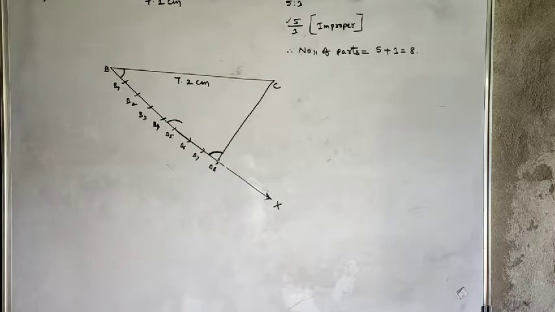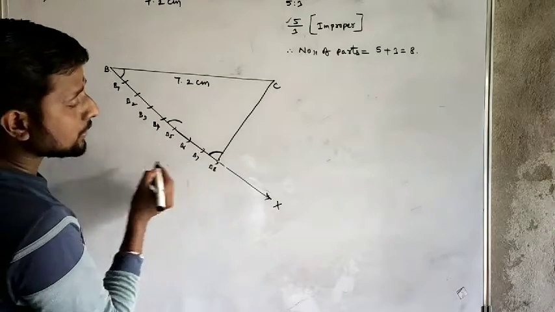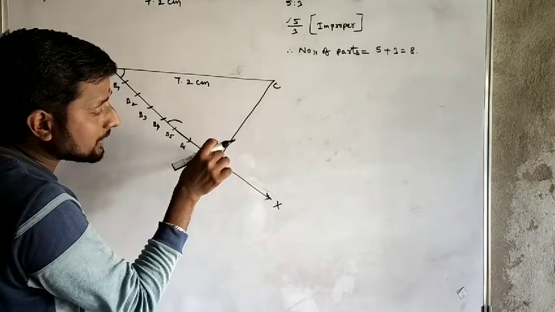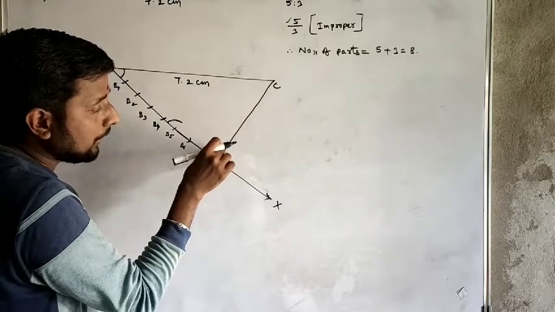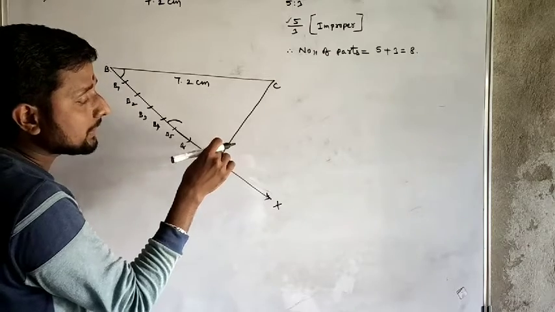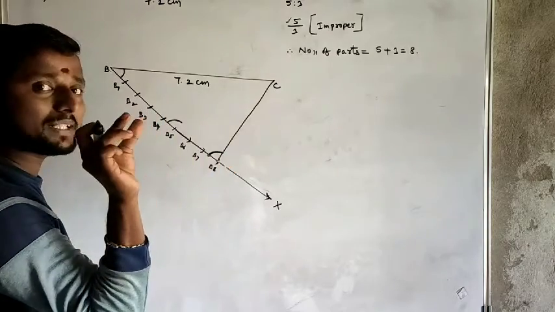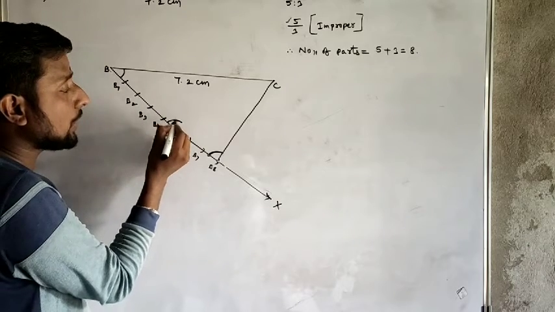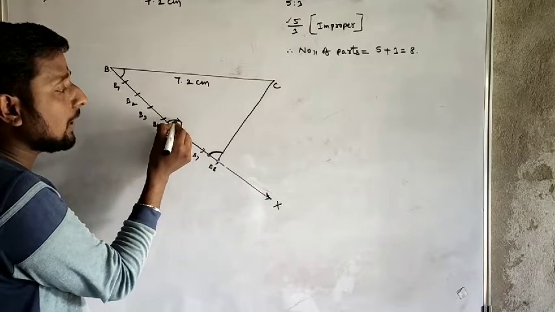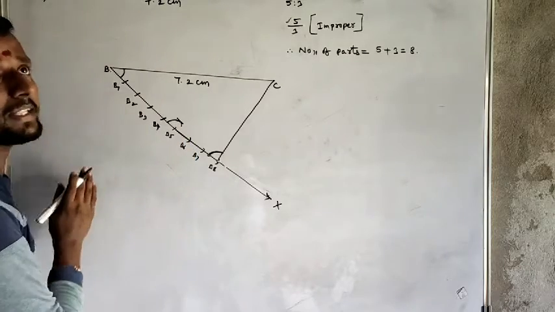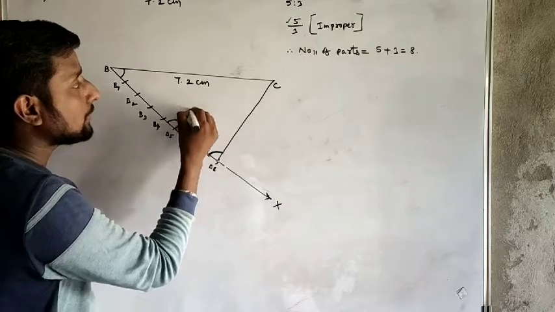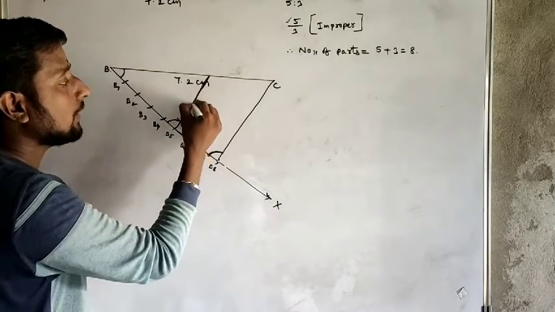Got it? Now what should we do? Now here there is a point. Now with the sharp needle of the compass, put it here, and with the pencil mark, measure this length. Measure this length with the compass. Now with the same length from this point, try to make an arc. Now both arcs intersect at a point. Now wherever it has intersected, from that point make a line.